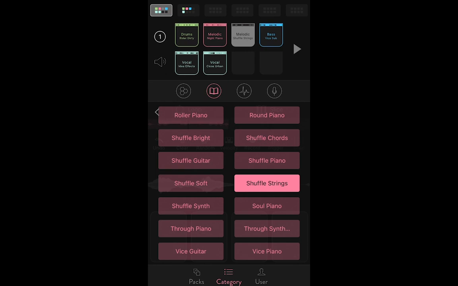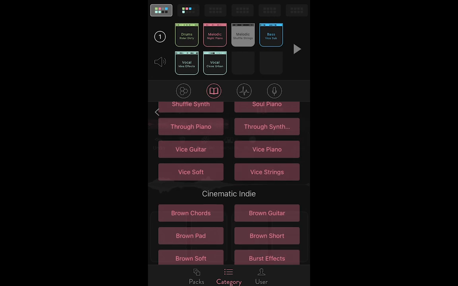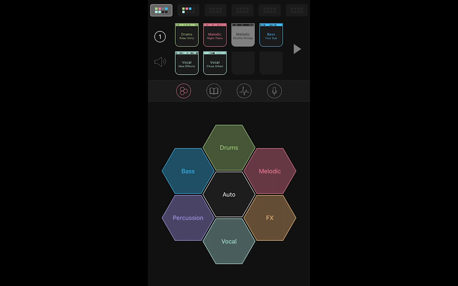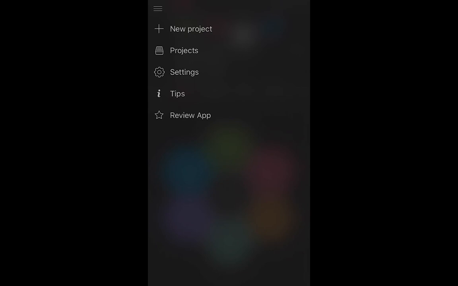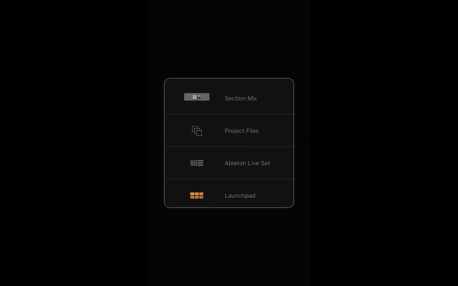But what I can do from this app, and a lot of these apps, is if you go to the menu here, you can then share this. Okay, here we go. So it's this top right corner where the three little dots are, and you can go export. You can click the export button. You can export the section mix. So essentially that section of the song would come out as a stereo file,